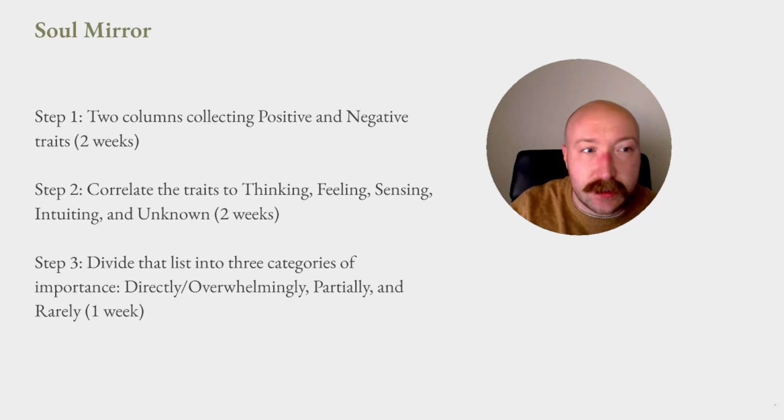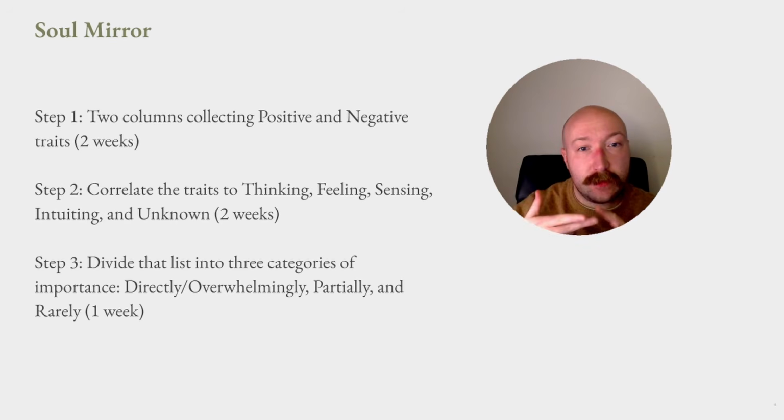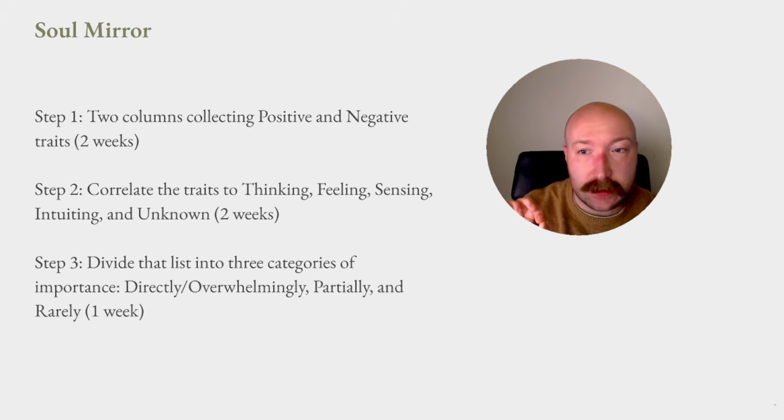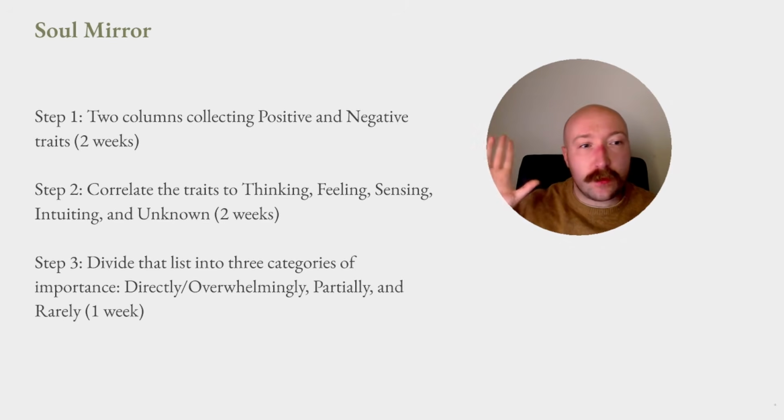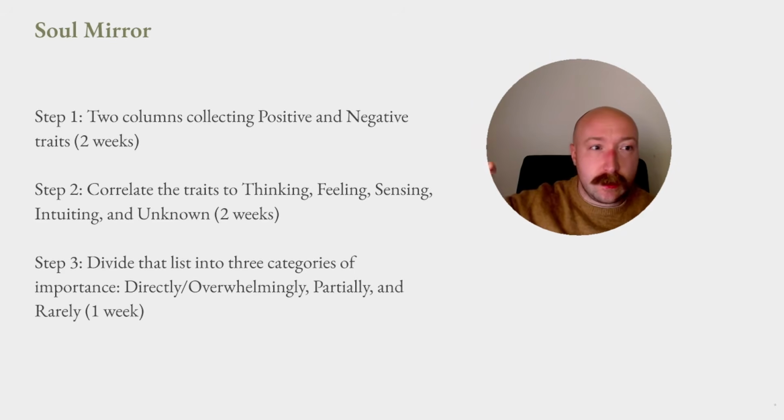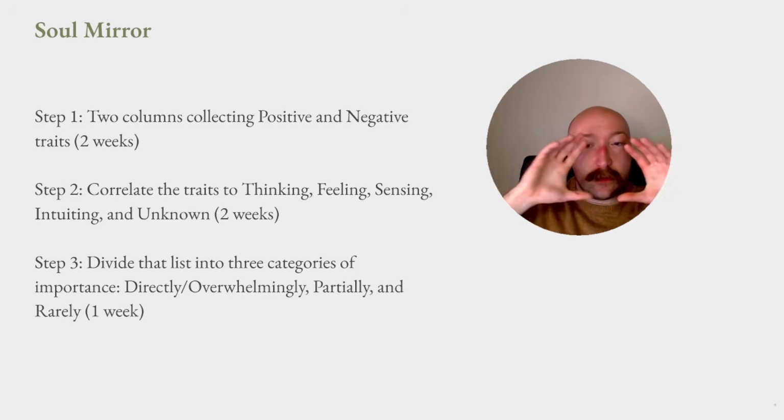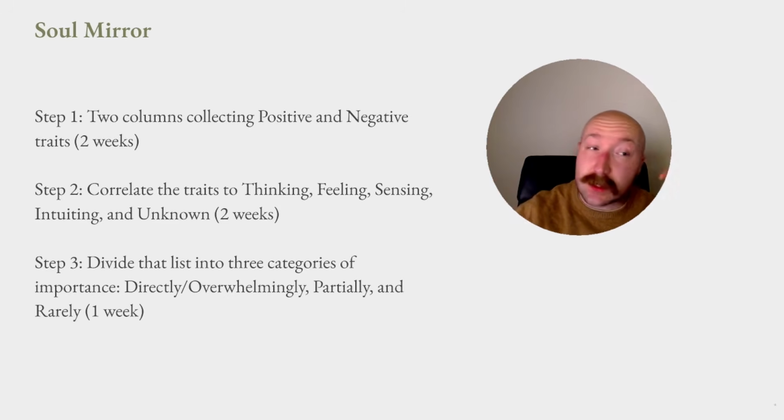You can kind of integrate this in a Jungian sense. So we're going to correlate all the things in that list to thinking, feeling, sensing, and intuiting, which also means correlating them to the elements. So once you've got these 3 huge lists of your positive and negative thinking, your positive and negative feeling or astral, and your positive and negative physical traits, you have a lot. You then start again with the new lists, and you say, like, thinking, positive, fire element, ones that relate to that. And then you eventually will have a huge list, and step 2, this will take another 2 weeks.